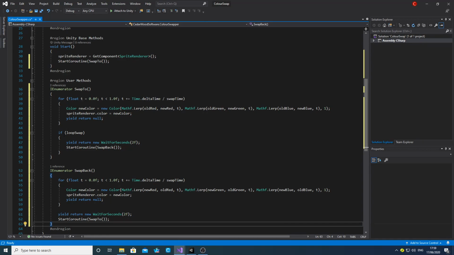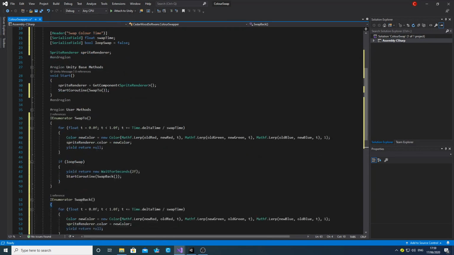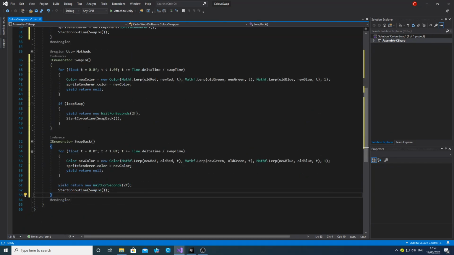We've also got an if statement here for our bool. So if we want a continual loop, we'd tick this bool in the inspector, and that will start the swap back coroutine, which is almost identical to the swap to, apart from we're going from the new red to the old red, new green to the old green, and new blue to the old blue. Again, we're going to wait 2 seconds and then we're going to restart this coroutine. So if we now save that,